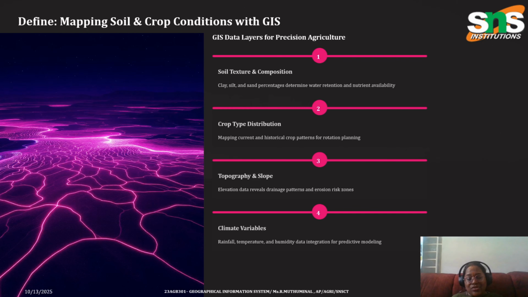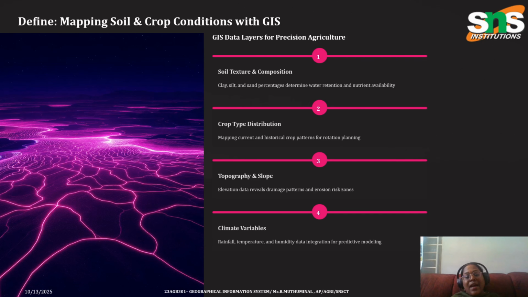Because we all know that from place to place the texture of the soil differs. That means the percentages of clay, silt and sand will help us to determine the water retention capacity and the nutrient availability. So this is why it is mandatory for us to map the soil so that we can identify the crop conditions. This will reveal different drainage patterns and erosion risk zones,